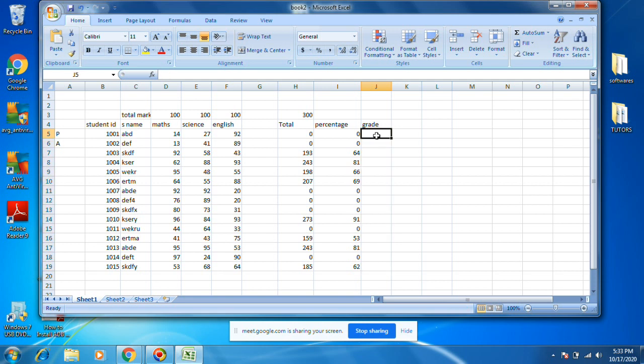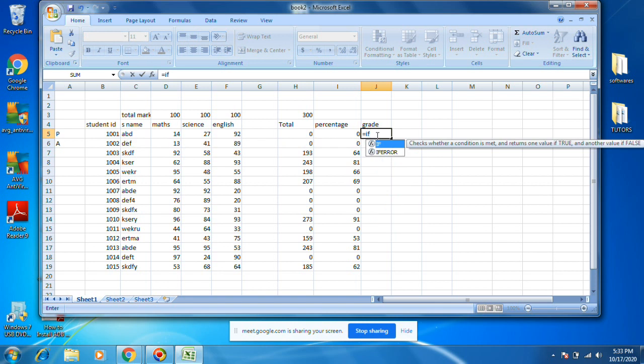Then we go to if. This value I5, this cell name is I5.